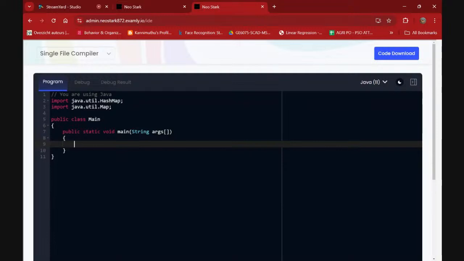The logic is going to be very simple. In Java, map is used to hold key value pairs.